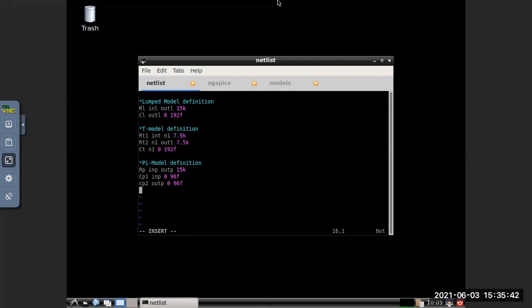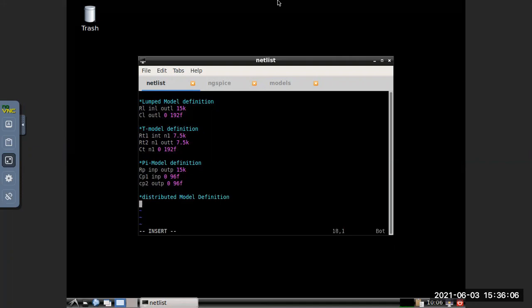Okay, then the distributed model definition. So what is that?